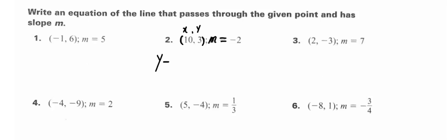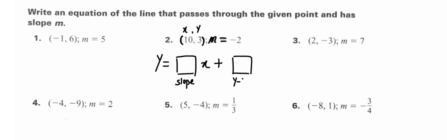And in class, we made this seem more interesting by building a house. So slope is going to live in this room. You put x here. And this room is for y-intercept. Let's see what you already have. You already have -2. You put a -2 here, slope lives here. You also already have x is 10, y is 3. So I'm going to erase this